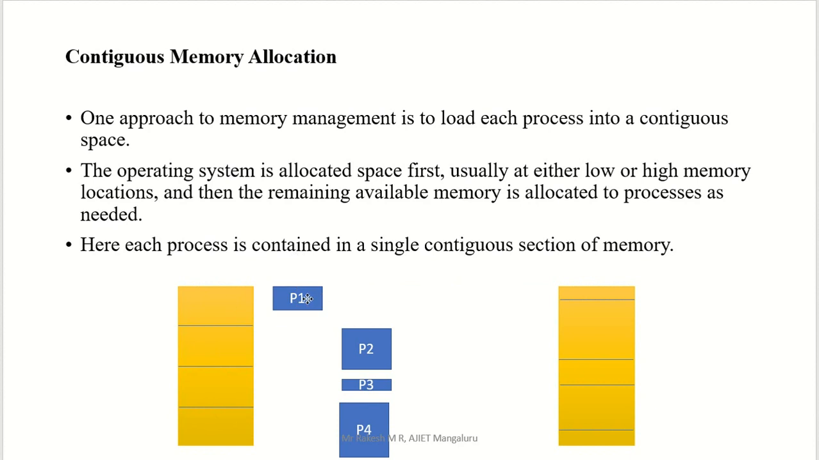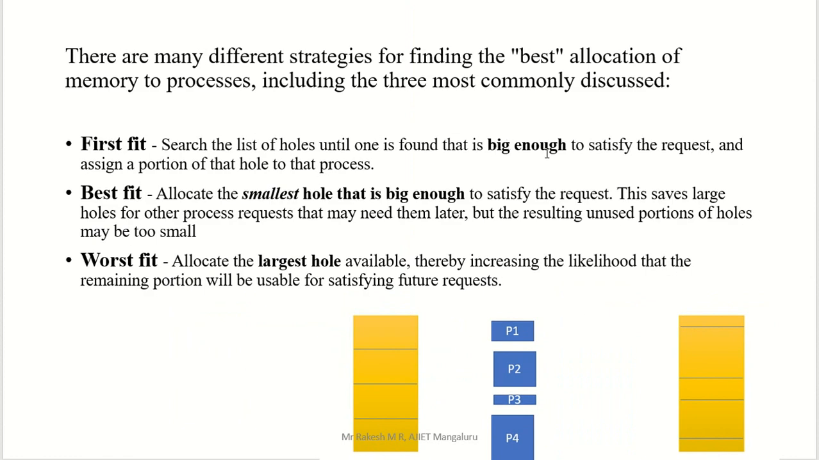Here I will put it here, that is fine. I can put it here, that is also fine, because these are all fixed size. But I can't put it in this first block, because the size of the process is large. We can put it here, yes. We can put it here, yes. I can put it here, that is also fine. That is first fit. Wherever I can put this process in a block, I can put it using this method. It is big enough to satisfy the request, and we assign a portion of the hole